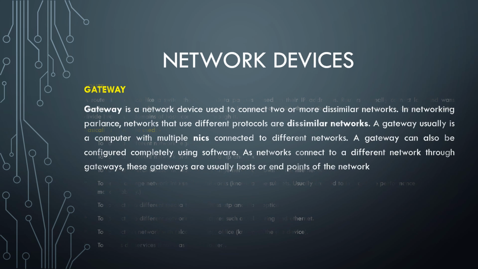Okay, then the gateway. As already discussed, a gateway is used to connect two dissimilar networks. We discussed bridges previously; bridges connect two similar networks. Now suppose two networks are dissimilar, and we want to send a message or information from a computer of one network to a computer of another network, and both networks are of a different type or platform. At that time, in between we use a gateway to connect all those computers.